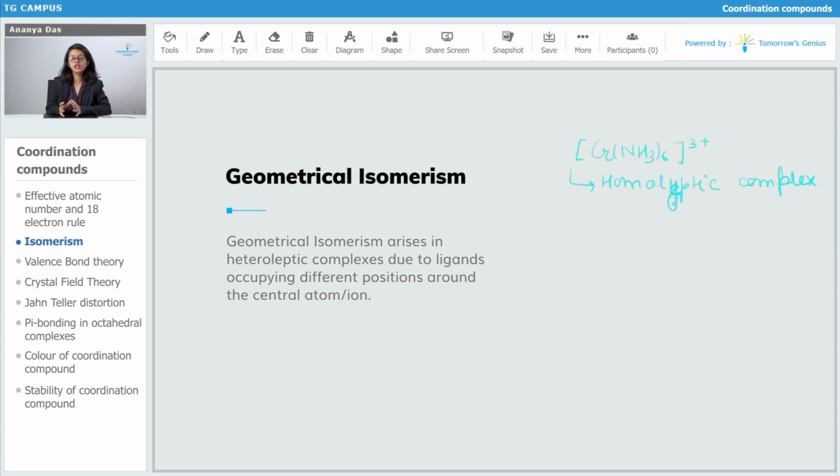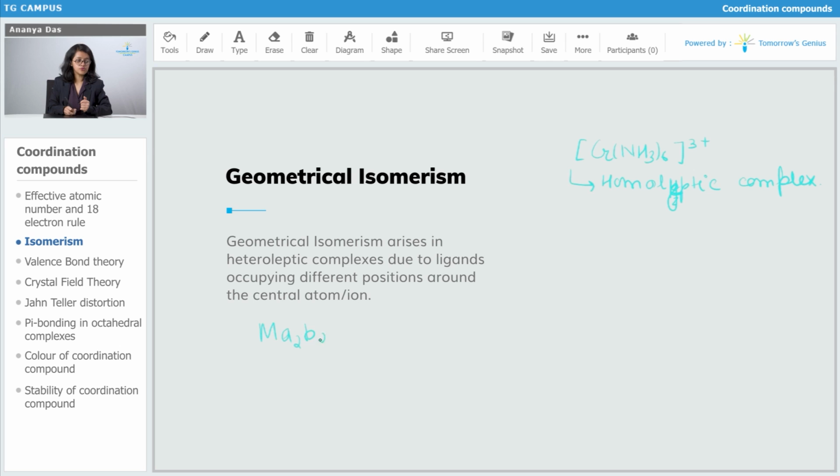And if all of the ligands present within the coordination sphere are not the same, these are your heteroleptic complexes. Geometrical isomerism cannot be shown by homoleptic complexes, it can only be shown by heteroleptic complexes. Like if we talk about a complex M